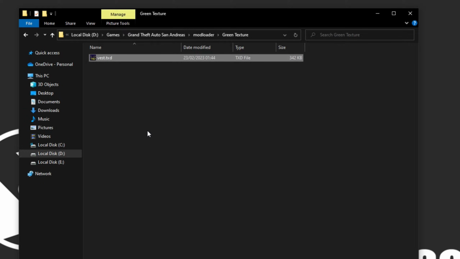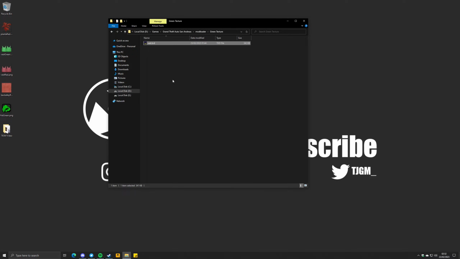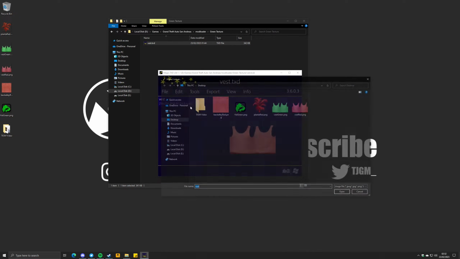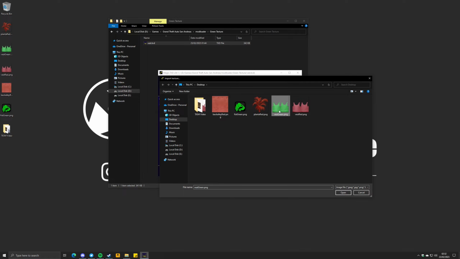Step 3. Open the TXT archive we just pasted in the green texture folder with Magic.txt like we've done before. And once again, replace the vest texture with the vest green image you downloaded to your desktop earlier. Don't forget to save after you replace the texture.